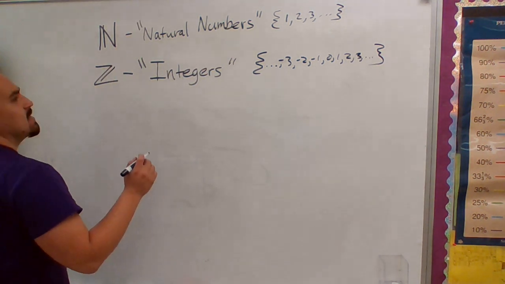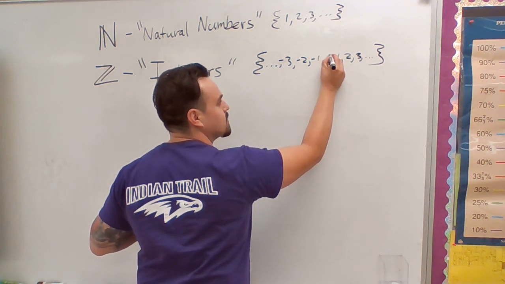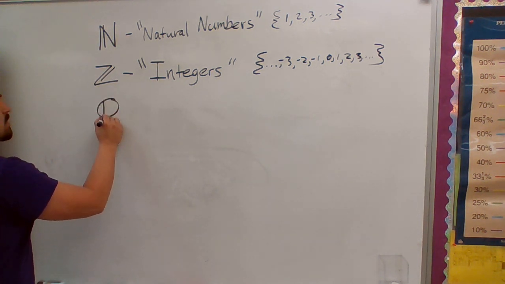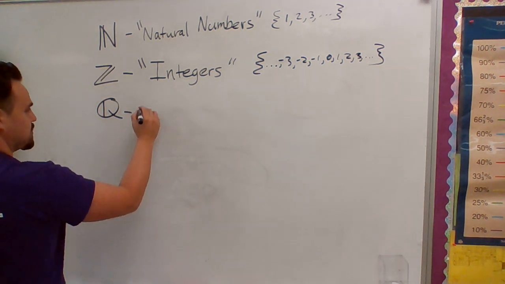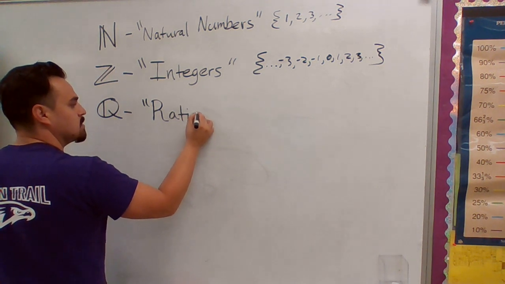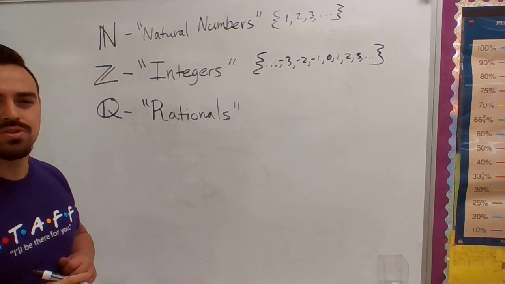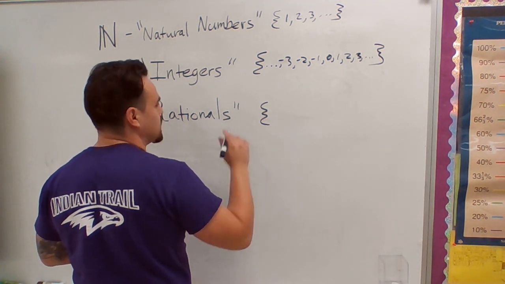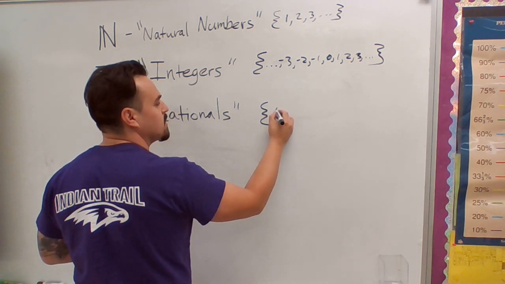So far so good. Here's where things get a little weird. Rationals. The rationals include, it's an infinite set as well, but they include things like